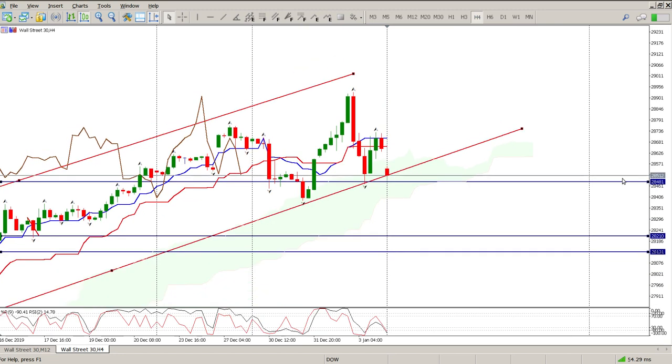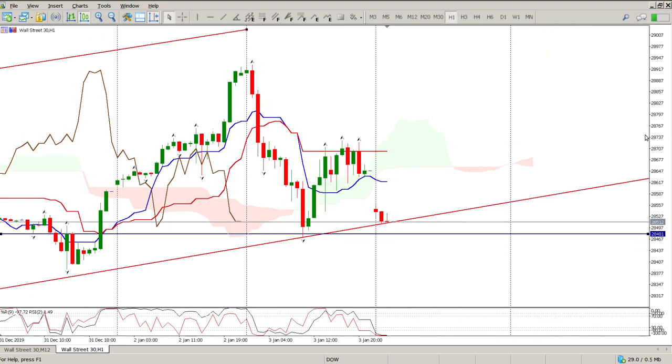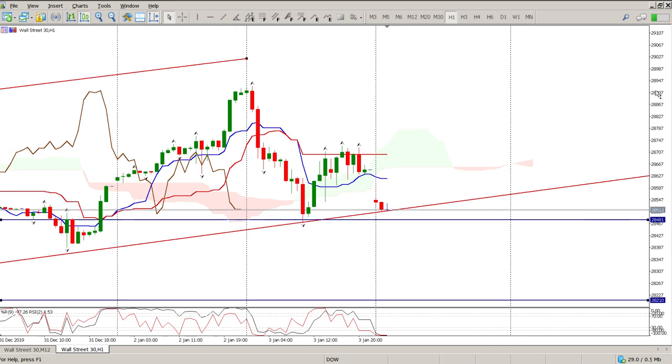So there is a possibility that we have a downside move, but with this setup here on the 4 hour with Kijun-sen and Tenkan-sen as it is now, I need to see a crossover. I need to see a bearish crossover, and that's a bullish crossover above the cloud. Okay, so right now I'm not looking for shorts at all. This could very well be a nice setup for a long, but I'm going to want to see a trend change. Okay, so I think for me at the moment on the Dow, it's wait and see. This could be a bounce off the bottom of the channel. Well worth